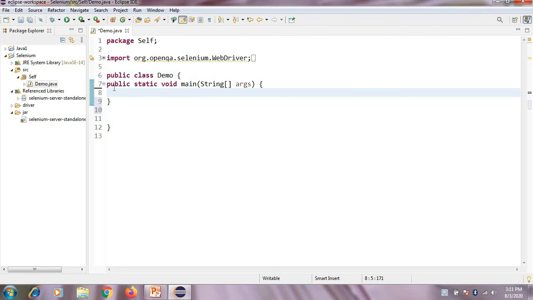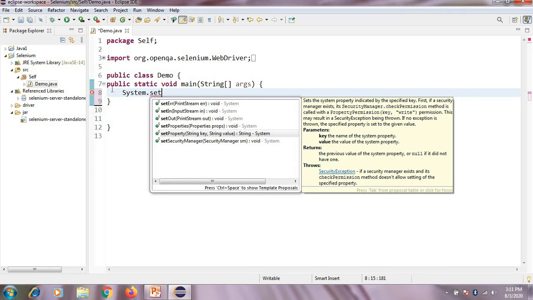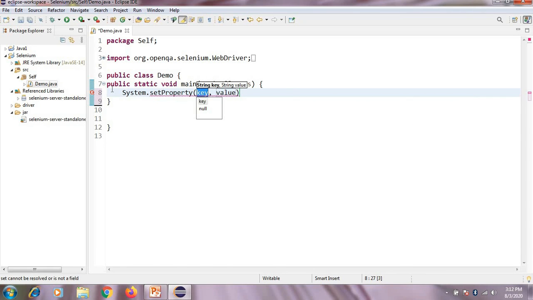So we have to set the path of the driver executable file. Type System.setProperty. Here you can see the System.setProperty.